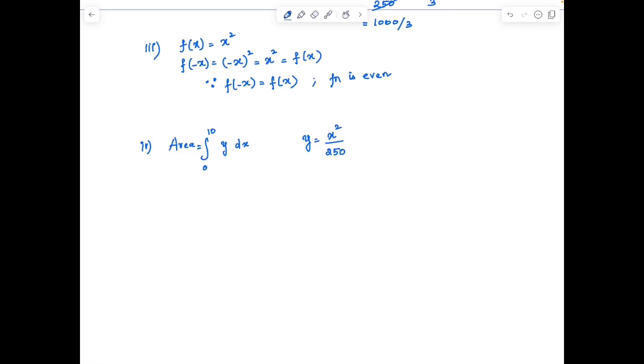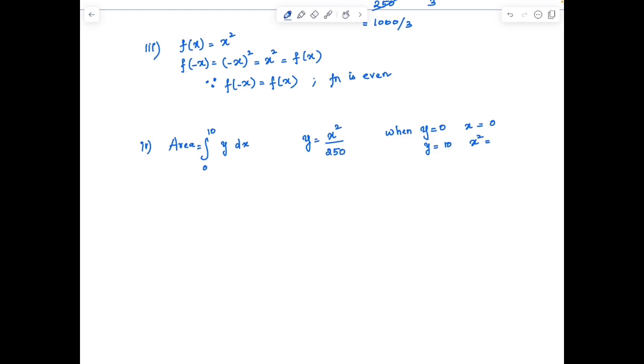So when we change y to x, the limits should also undergo a change. When y is equal to 0, x becomes 0. When y is equal to 10,